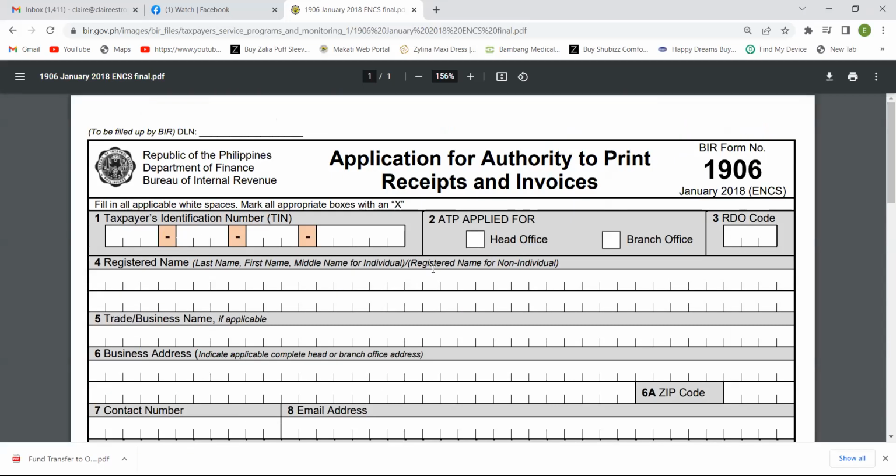So BIR Form number 1906, this is a January 2018 series in compliance with the TRAIN, or tax reform and inclusiveness. I'll have to look up what TRAIN law stands for, but I know it's RA 10963. Anyhow,